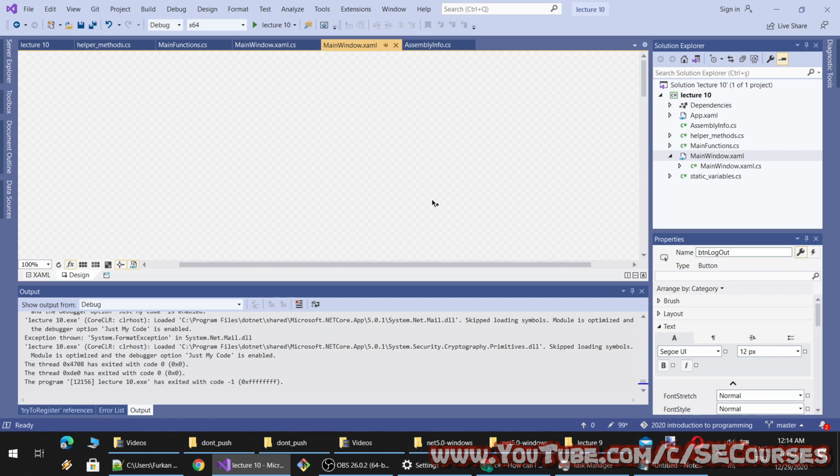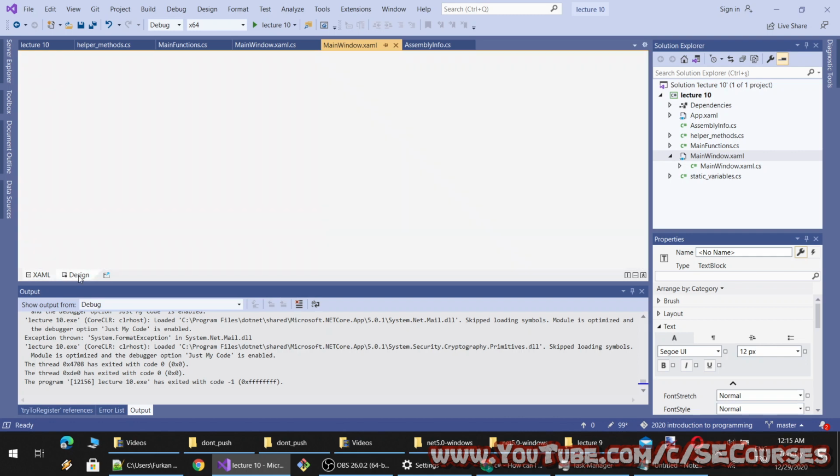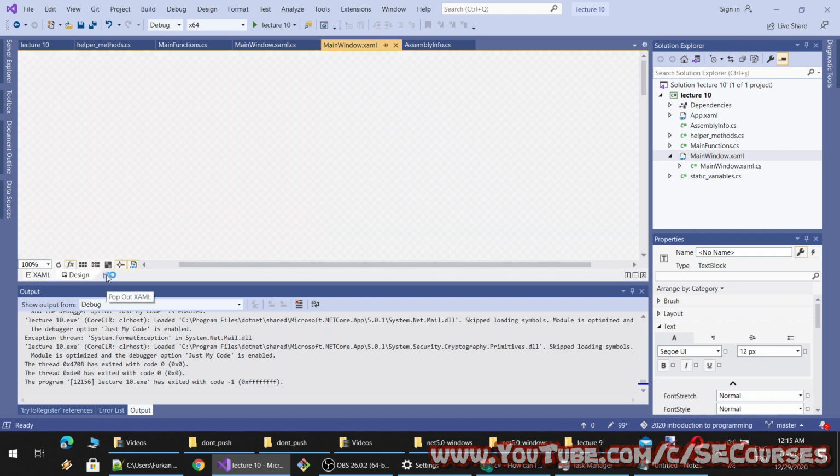To be able to see it on the same screen, what I need to do is click, I think maybe this. Okay, not full screen but half screen.